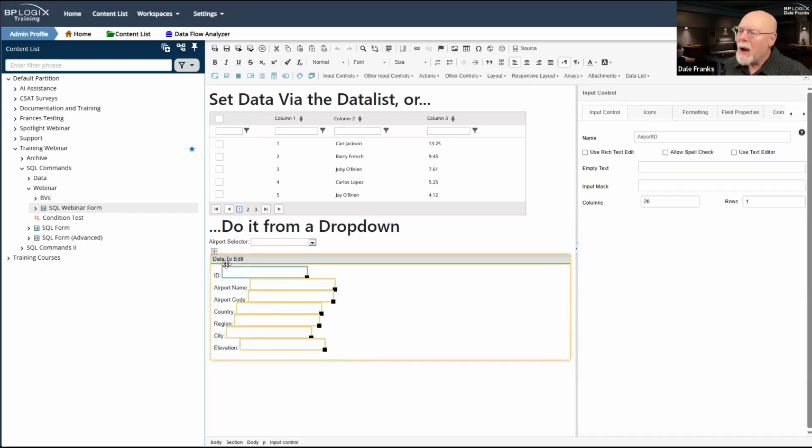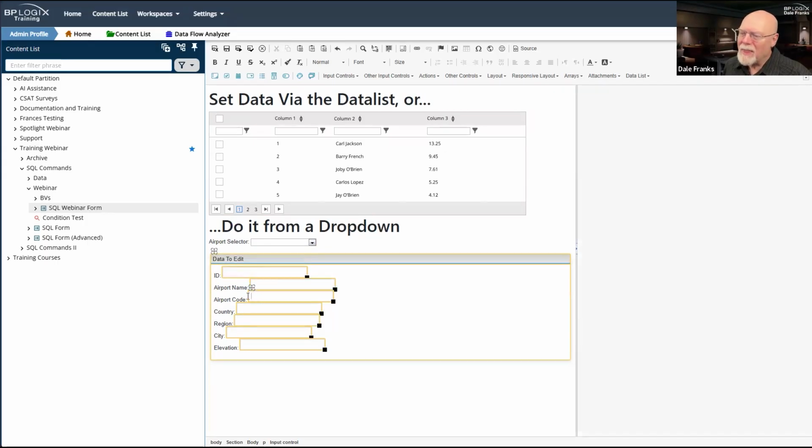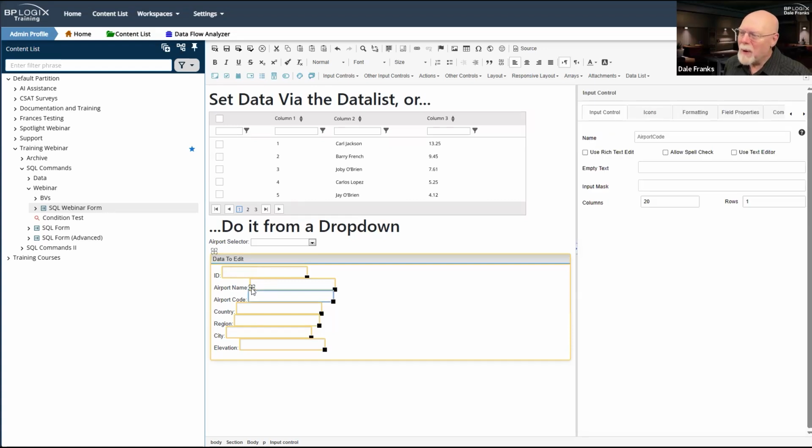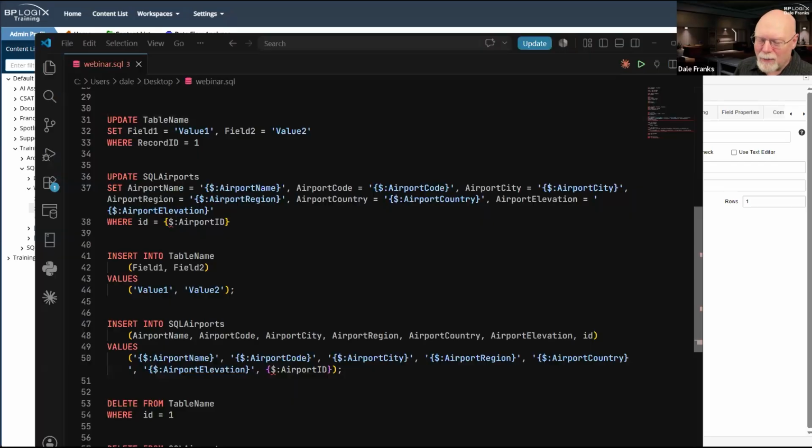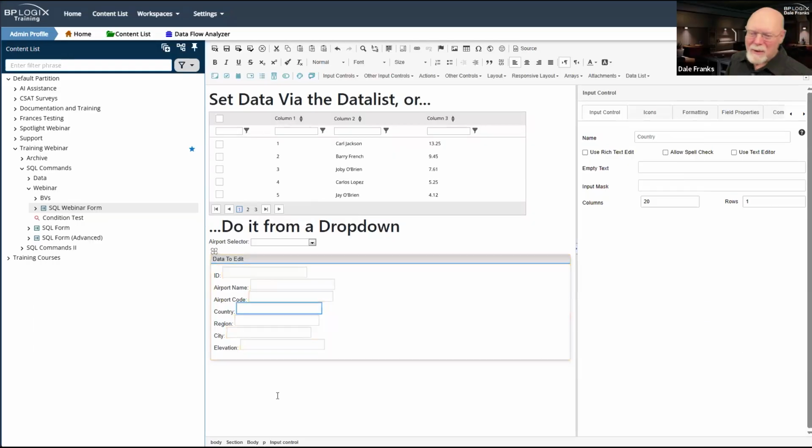I want to be sure that I saved the names properly here. I think I did. But before we begin, it's going to be really important that these are all saved with the right name. I did not save that with the right name. I called it country instead of airport country. So I am going to have to make a couple of alterations to this.